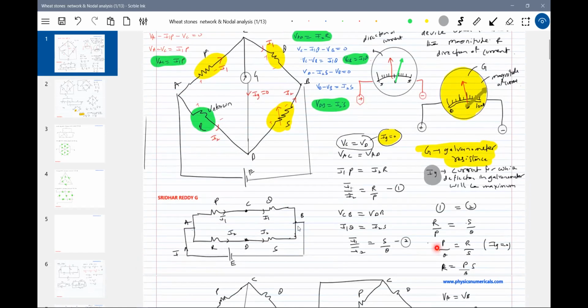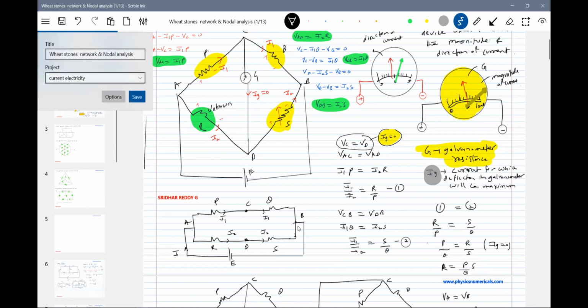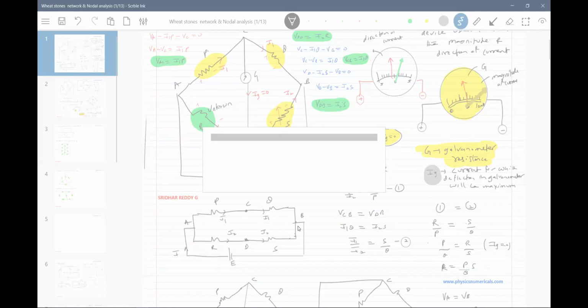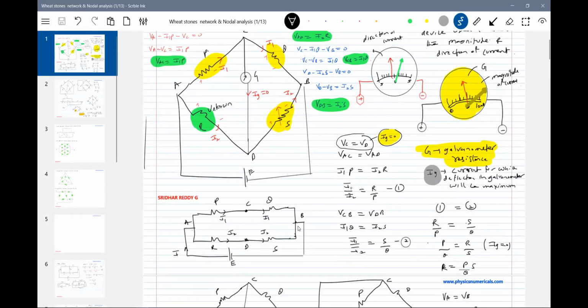Then I'll rearrange. R is unknown, no? So R is equal to P by Q into S. So there's an expression for the unknown resistance. Like this, the unknown resistance we are going to calculate here. Okay, now,